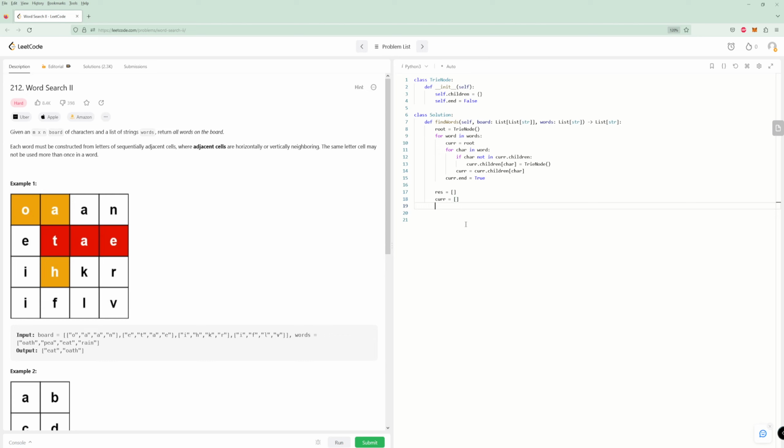Okay, so def DFS, and the DFS is going to take an index, and it needs to take a node because we need to see what trie node are we in, I believe. So we're going to pass in the root to start off, so it's just going to be a node. Okay, so like I said, if the node we're in has no children, right, that means that we can't go anywhere, so we can just return straight away. So if not node.children,